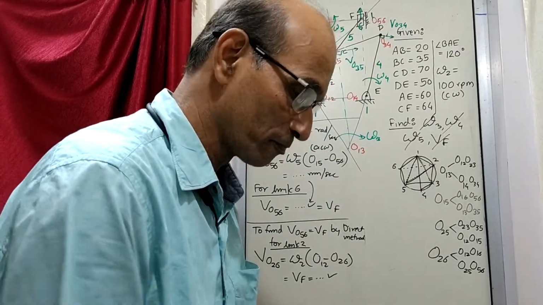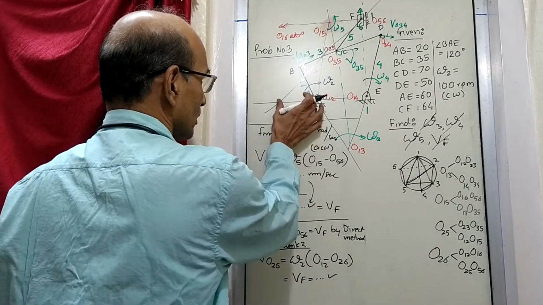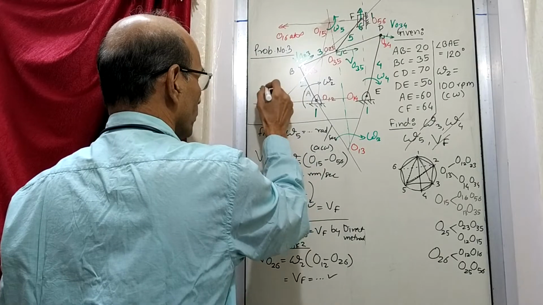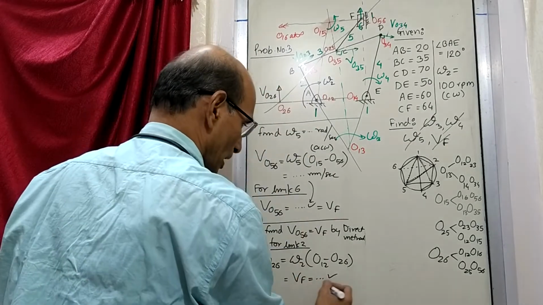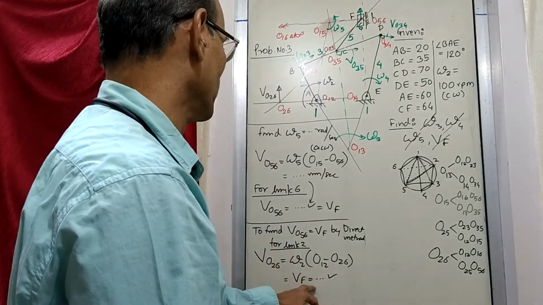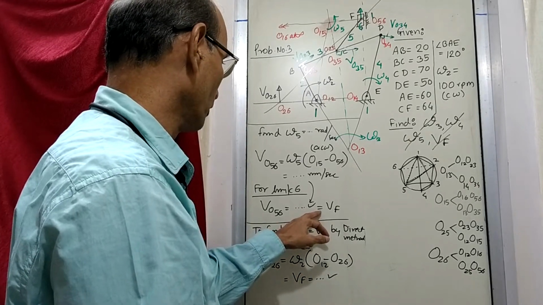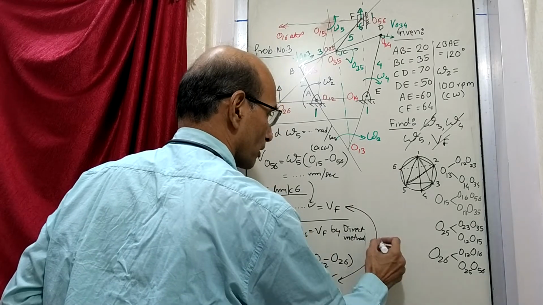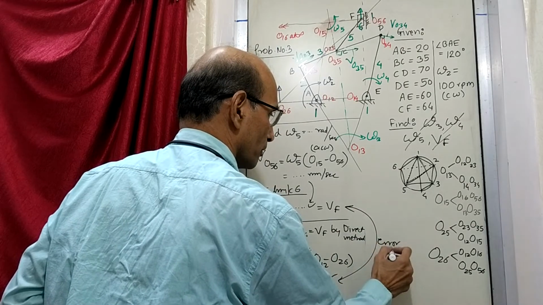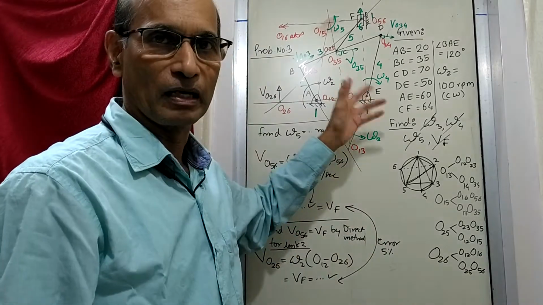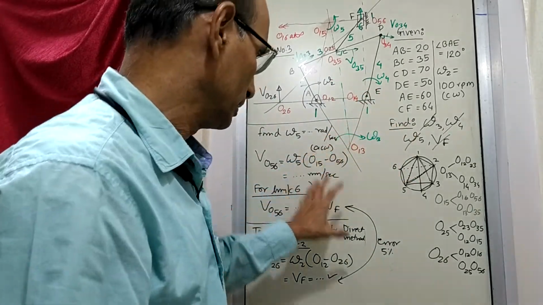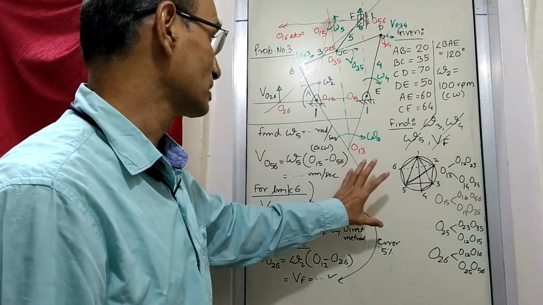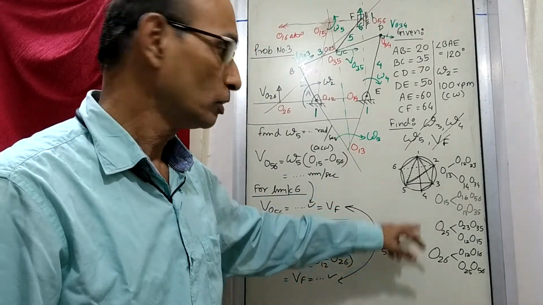Once you do that, you measure the distance and multiply by ω2, and you will get the velocity of I26 as the answer. Now you check whether this answer is the same as what you found earlier. These two should be the same with some error, 5% drafting error will come. Otherwise, these two answers are the same, and we have solved this particular exercise by the step-by-step method and the direct method also.